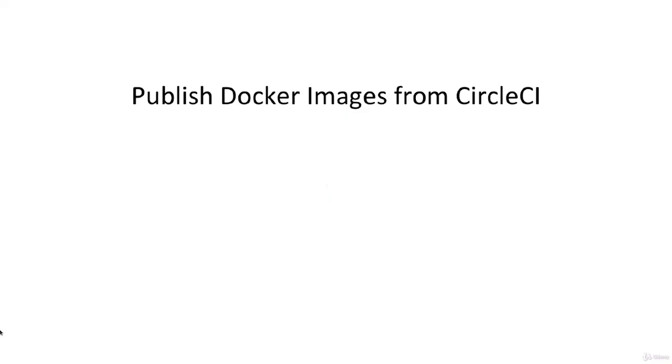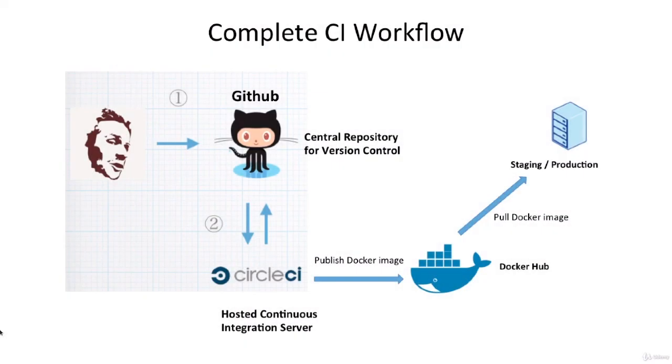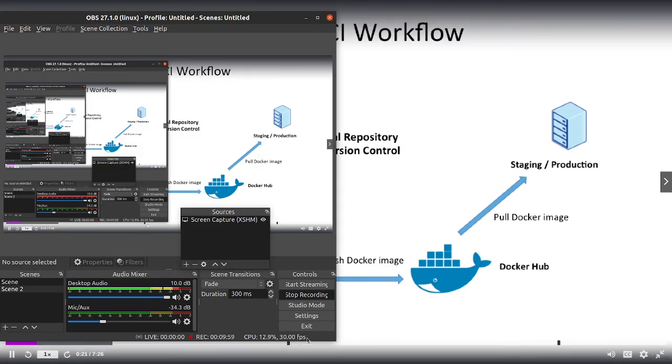In the previous lecture, we have seen how to link CircleCI with your GitHub account, so that if any new changes are pushed to GitHub, it'll trigger a build on CircleCI. In this lecture, we'll go even further to publish the newly built Docker image to Docker Hub if the test is green, so that we can pull the image from Docker Hub